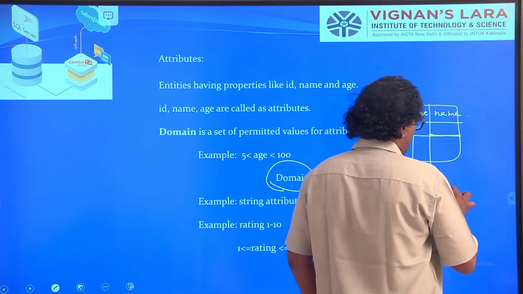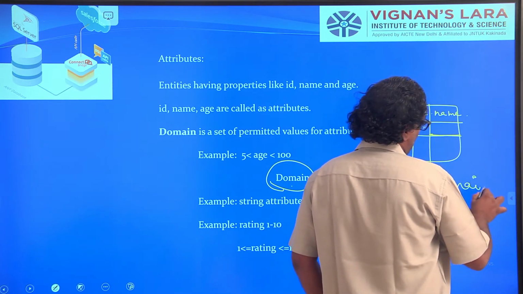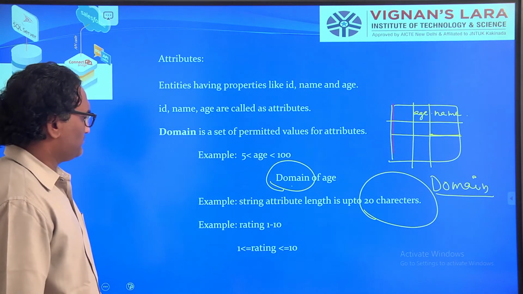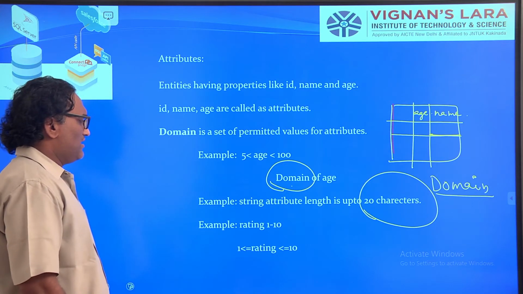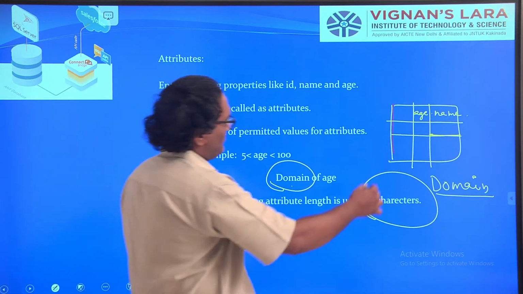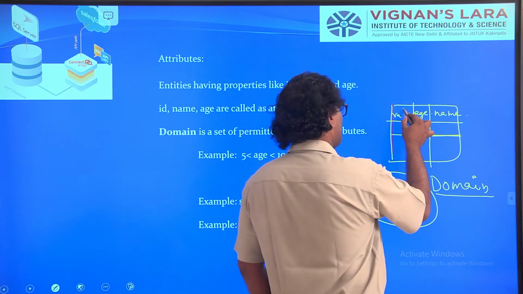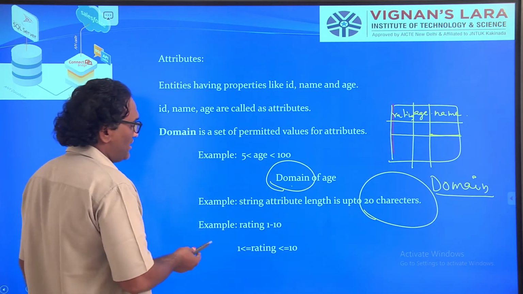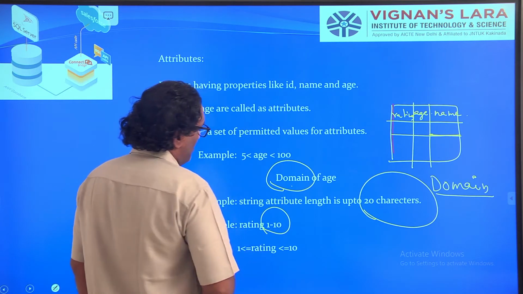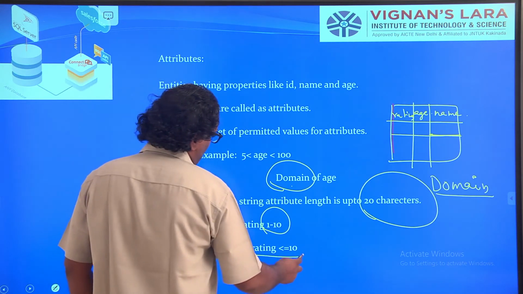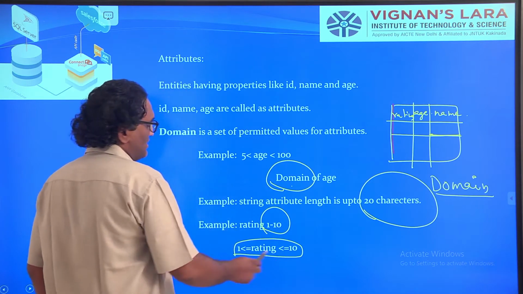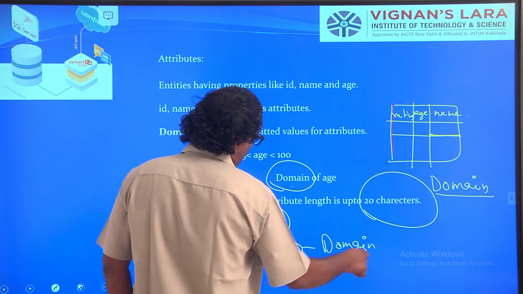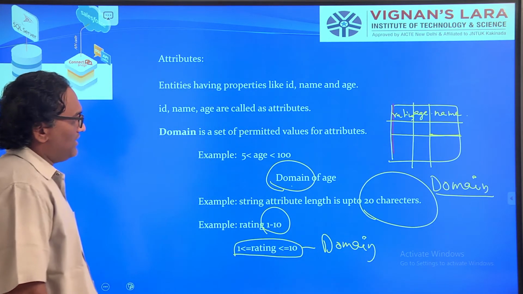That is also called a domain. Similarly, suppose rating is one column, and you mention a rule like 1 less than or equal to rating less than or equal to 10. This is also a domain, the domain of the corresponding field.